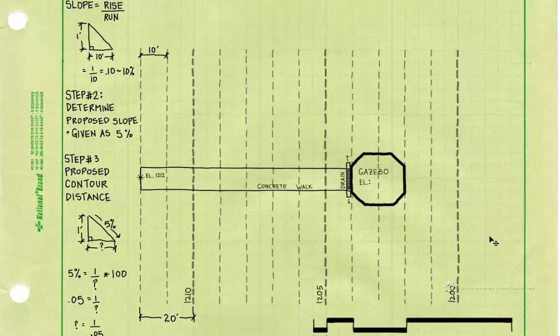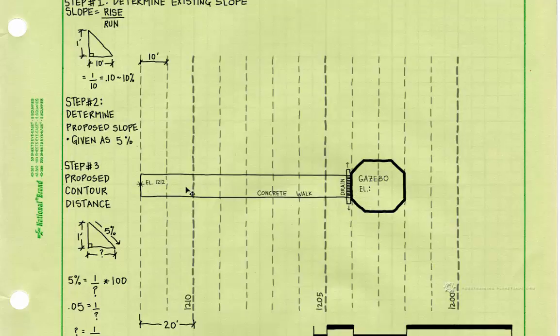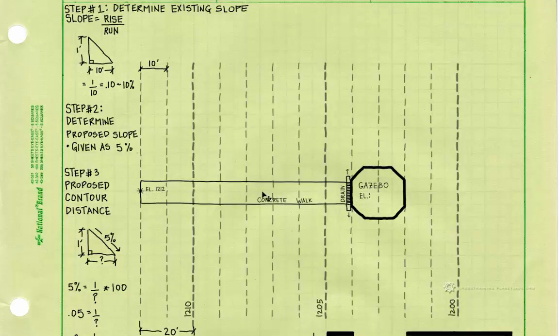Alright, so now we need to actually grade this in over here. To do that, one of the tricks that you can do is, we know that the slope along this ramp needs to be 5%, so I'm going to grade along the center line of this linear object. I'm not going to grade it along this edge and then along this edge as well, because it doesn't really matter. I don't need this ramp to slope to the right or to the left. I just need it to go downwards towards this drainage grate vent thing here,